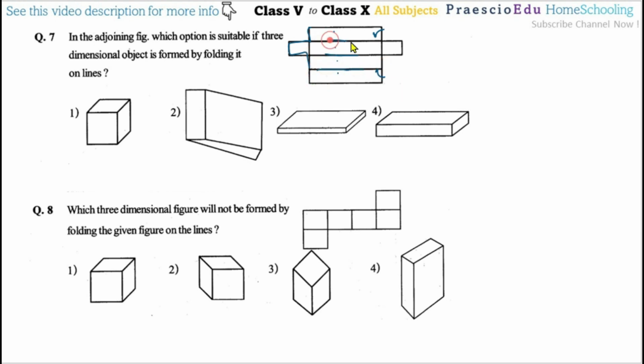Okay, these three lines are folding lines, and these are from the side. If we fold from this one and this one, you will get a shape like this. Means option number 4 is the correct one, because here a different dimension is given. Not this, this is 90 degrees and this is a cube, and here the thickness, means height, is shown much lesser, but here the height is shown somewhat more. Okay, so that's why option number 4 is the correct one.